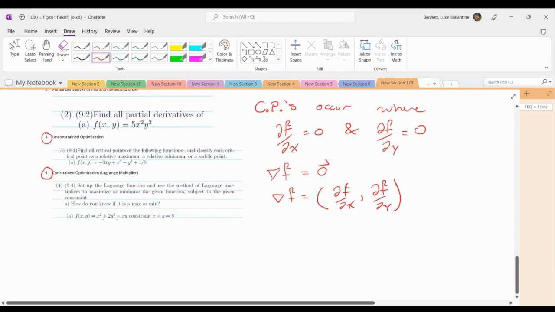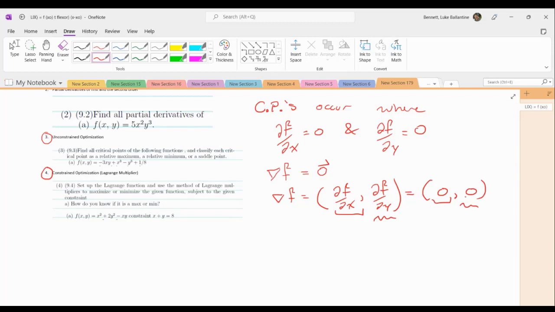So we can use it like that, and just say this equals a 0 vector. You set each component equal to 0. This one equals 0, and this one equals 0 at the same time. And so wherever the gradient is 0 is where the critical points occur. So first we have to find the partial derivatives, right? We could just say gradient f equals, and then partial f partial x would be